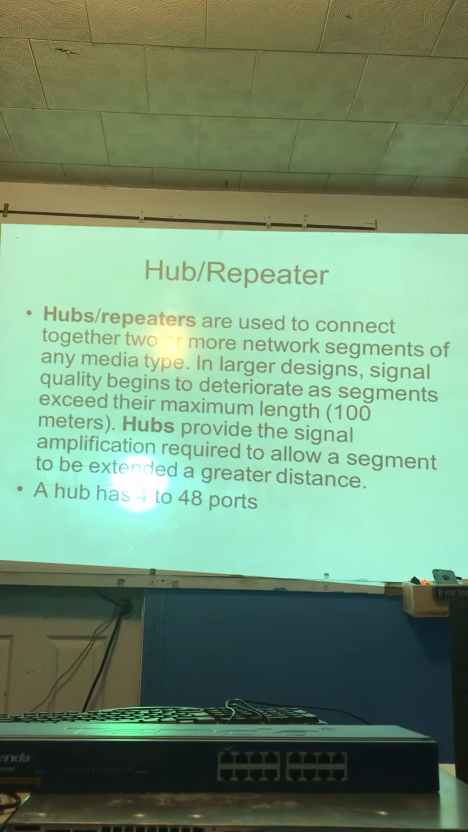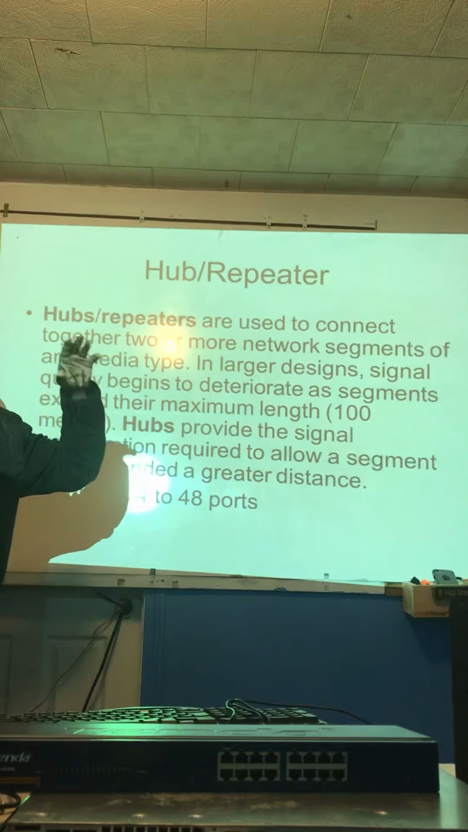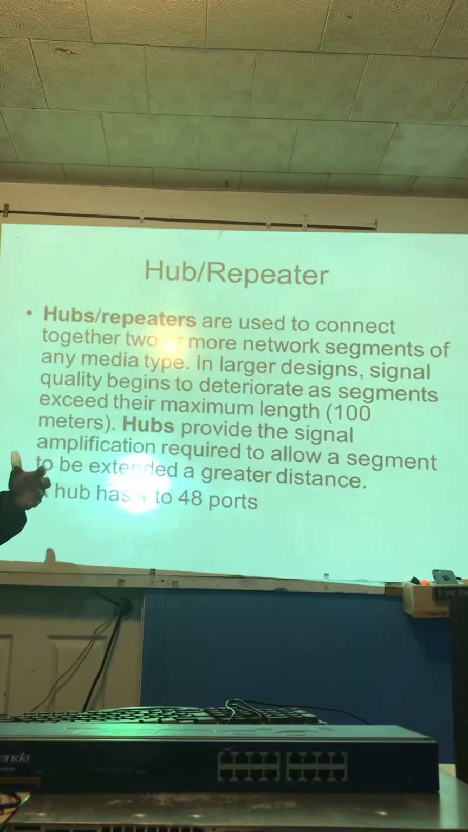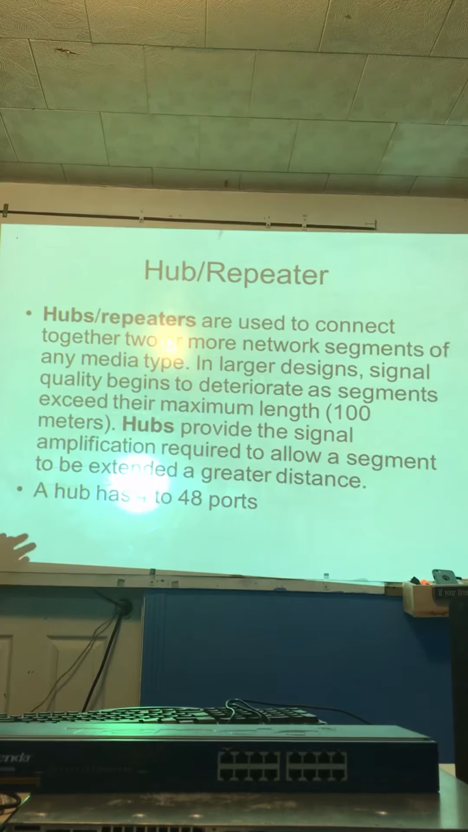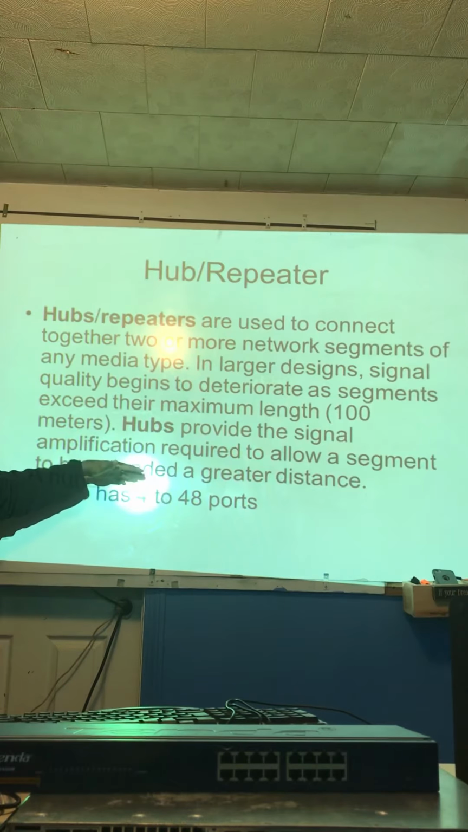So hubs are used to connect together two or more network segments of any media type. In larger designs, signal quality begins to deteriorate as segments exceed the maximum length. As I said, if the maximum length is getting low, you can use the hub as a repeater, and you can connect many segments of the network to the hub. But most of the time you will have to use a bridge, and we will talk about that, to reduce or eliminate the problem of collision,